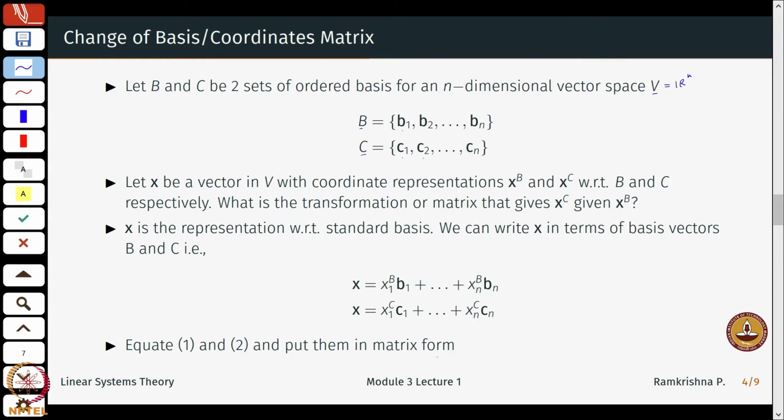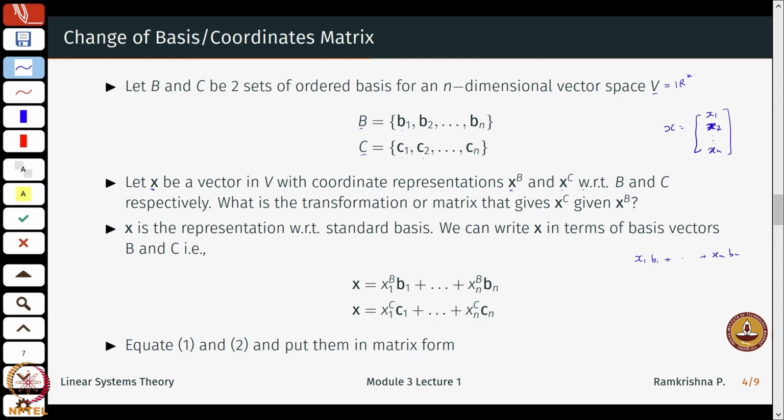Okay. So let us start with a vector x with its own coordinate representation x1, x2. So what was the coordinate representation? Given x, I can write this as x1, x2 all the way till xn. This is the coordinate representation of a vector, which can also equivalently mean that I am writing this as x1 times the basis vector b1 till xn times bn. Okay. So let x be a vector with coordinate representations xb and xc. And the same vector can have different coordinate representations depending on what basis we choose.